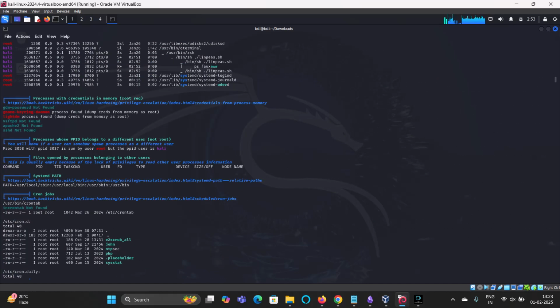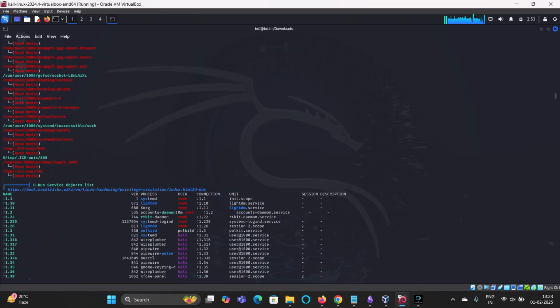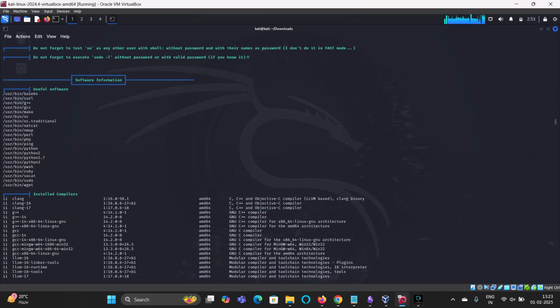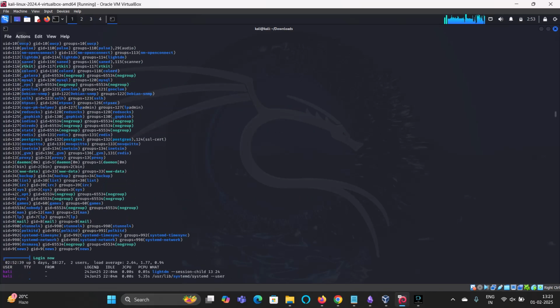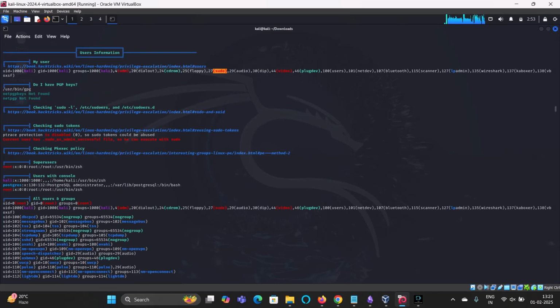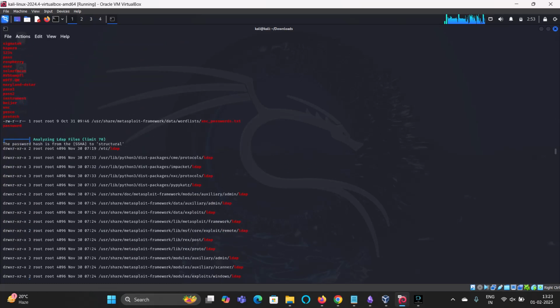And the same goes for WinPEAS, guys. WinPEAS also gives us the same information, but there might be some issue with my WinPEAS, so that's why it was not showing me the correct information. But you can troubleshoot it if you are facing some kind of issue here. And that's how you get to know a particular set of information. Look, here is the software information, and it is also showing what kind of users and groups it is particularly having. And that's how things go and run.